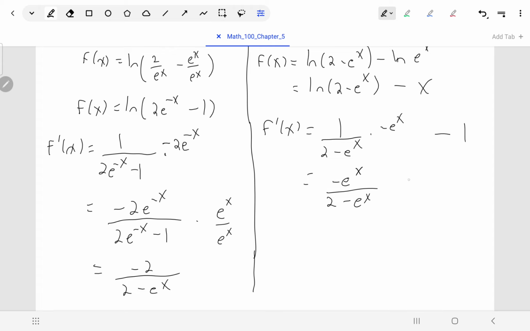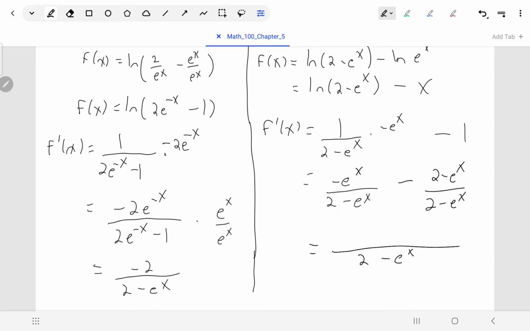There we go, minus 1. If I decided to take this minus 1 and combine it with this first fraction, I'd have to make common denominators. So I would do that. And if I did that and then combine the two fractions together into one, you'd see that I'd have a